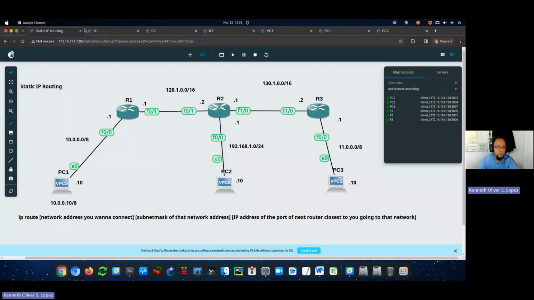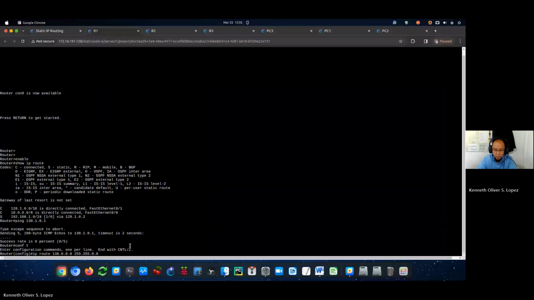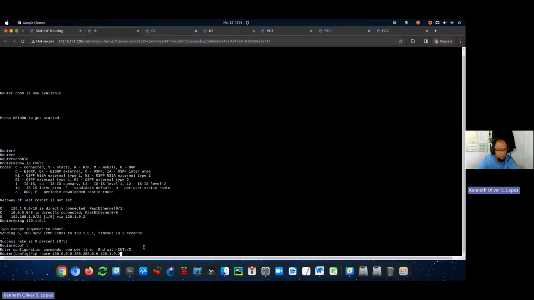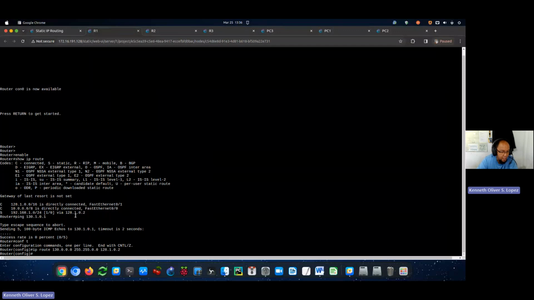Dito? Hindi po. Remember, you're configuring R1. So R1 ito. Dito ka pa rin dadaan sa pinakamalapit na IP port na hawak nung kamay niya. Okay, kamay, it means to say yung pinaka-closest physical connection niya dito, which is 128.1.0.1. Tama ba? Oh, sorry, point 2 pala. 128.1.0.2. My bad. Okay? Yan. Makikita mo dito via 128.1.0.2. Okay? Now,